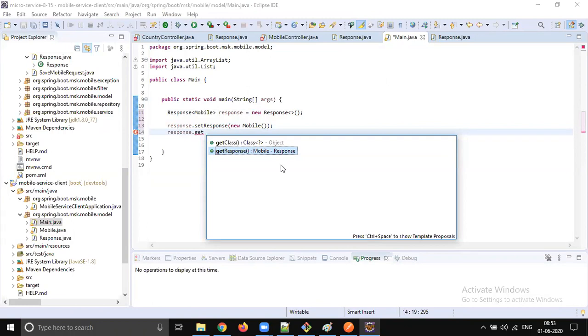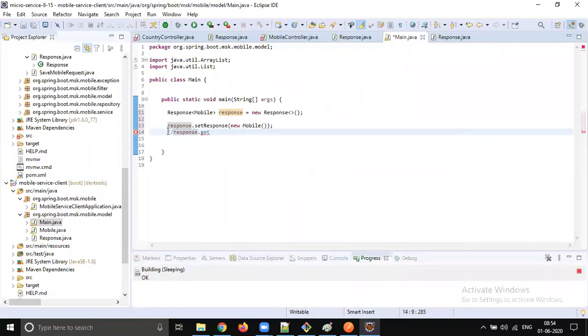When you call the country service, response type is country, so no typecast required. When you call the country service, you will get country data. When you call the mobile service, you will get mobile data. Tomorrow we will call mobile accessory, you will get mobile accessory data. I told you, today it's the most critical change we are doing. Somewhat you understood and somewhat it's confusion. So we are going to make our response a generic one.